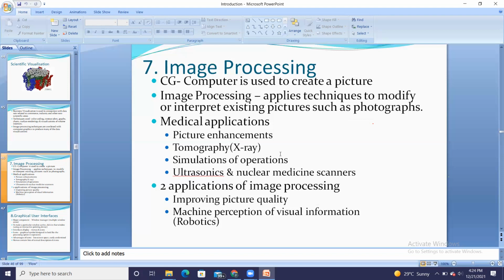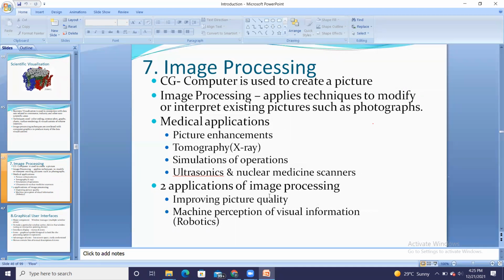Then simulation of operations, to train medical students how to perform major surgeries like brain and heart, which are simulated by means of computer graphics. And then ultrasonic and nuclear medical scanners. These are all applications based on computer graphics.